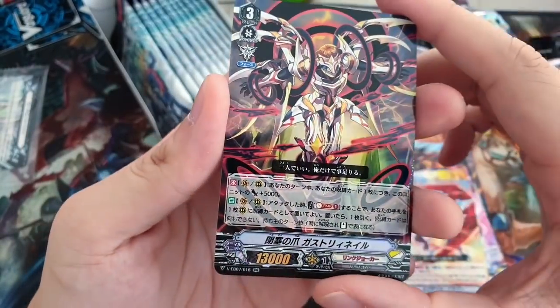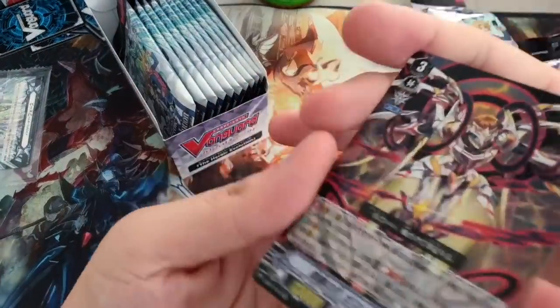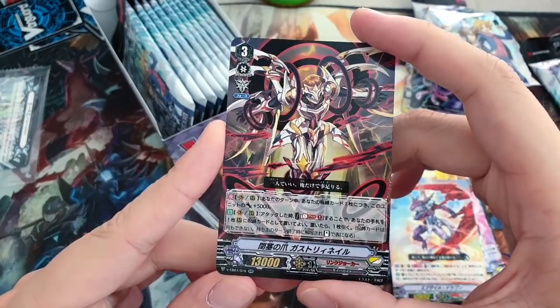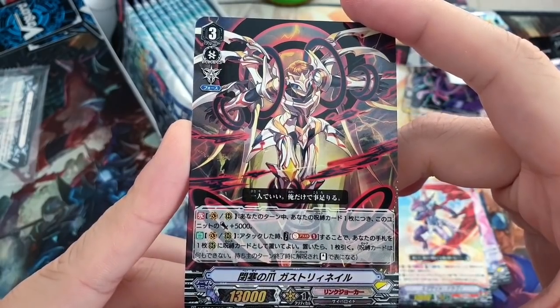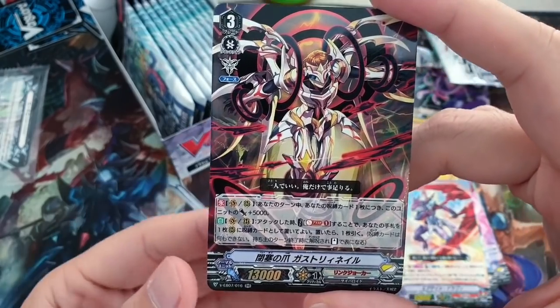And for the first double rare we have for the set is, I don't know what this guy's name is, but he's a Link Joker card, and he's a Grade 3. It's really useful for the setup for Harmonix Messiah, and his skill is that when he attacks a Vanguard, during a turn, if you have a card that is locked on your side of the field,